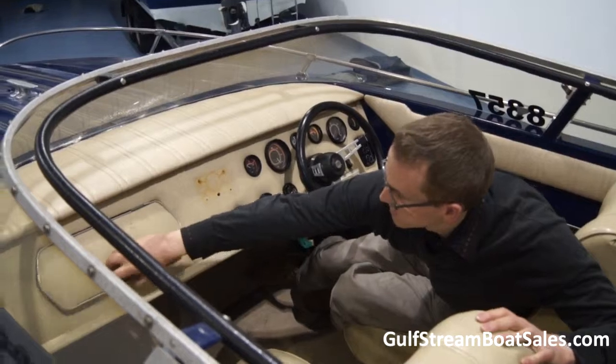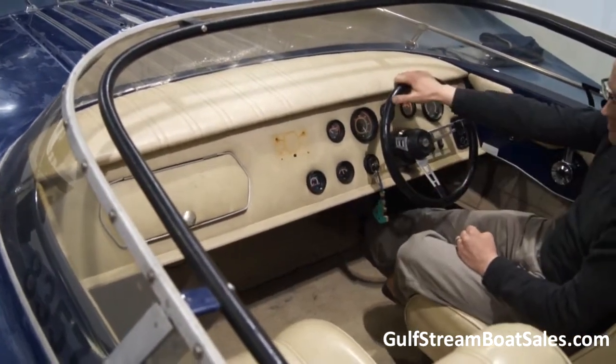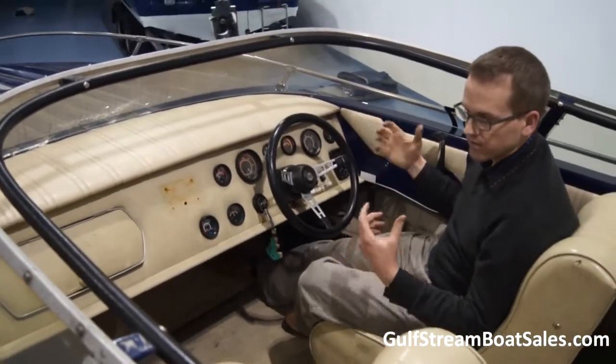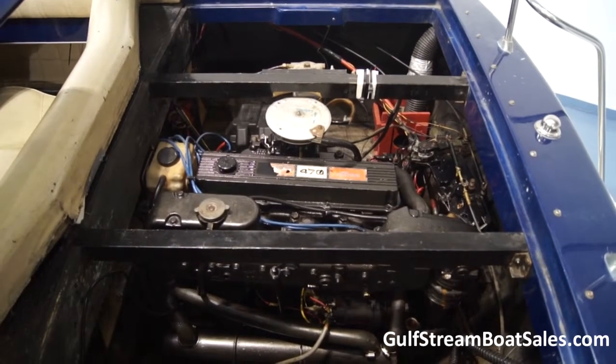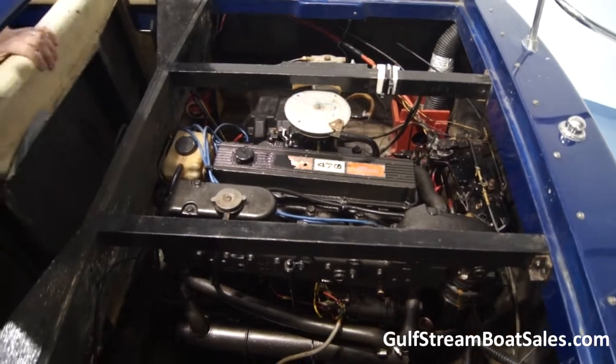We have a little glove box here on the passenger side, and a foot brace running underneath the dash there, so if you're out in the boat in rougher conditions, you can brace yourself against the seats for a bit of additional support. To access the engine, we just lift out the sun pad cushions. There's 3 cushions, and we can also remove the seat back, pull it forward, and you have access to the